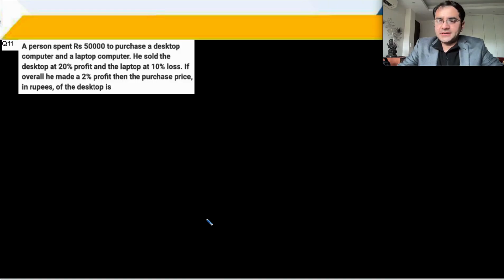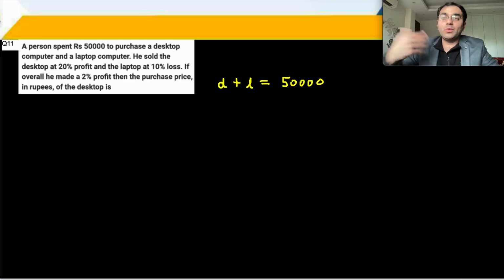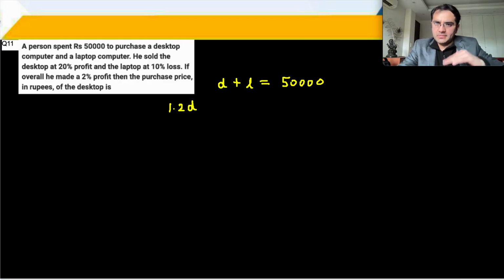This is a standard question on profit and loss. A person has spent 50,000 rupees to purchase a desktop and laptop computer. So CP को ले लीजिए D and L. So D plus L is 50,000. ठीक है? He sold the desktop at a 20% profit. 20% means now it has been sold for 120% or 1.2 D, and 10% loss means 90%. 90% means 0.9 L